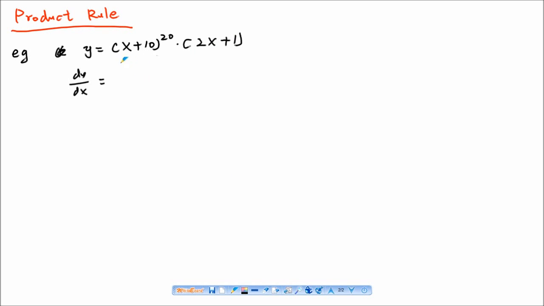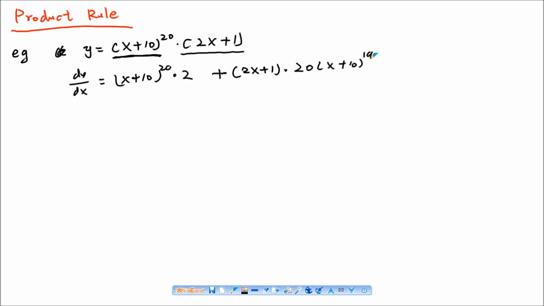and the idea is to keep the first variable constant, x plus 10 power of 20, and times the differentiation of the second variable, which is 2, and plus we keep the second variable constant, and times the differentiation of the first variable, which is 20 bracket x plus 10 and power of 19 times